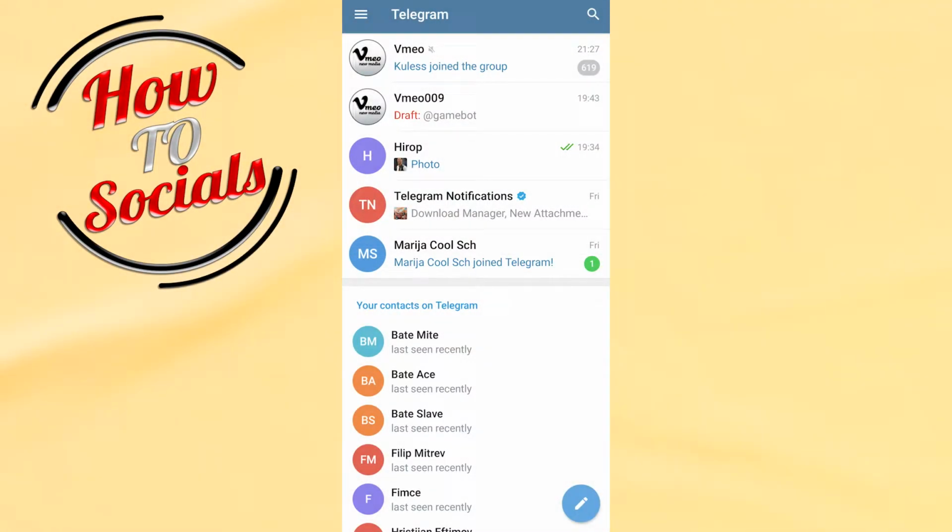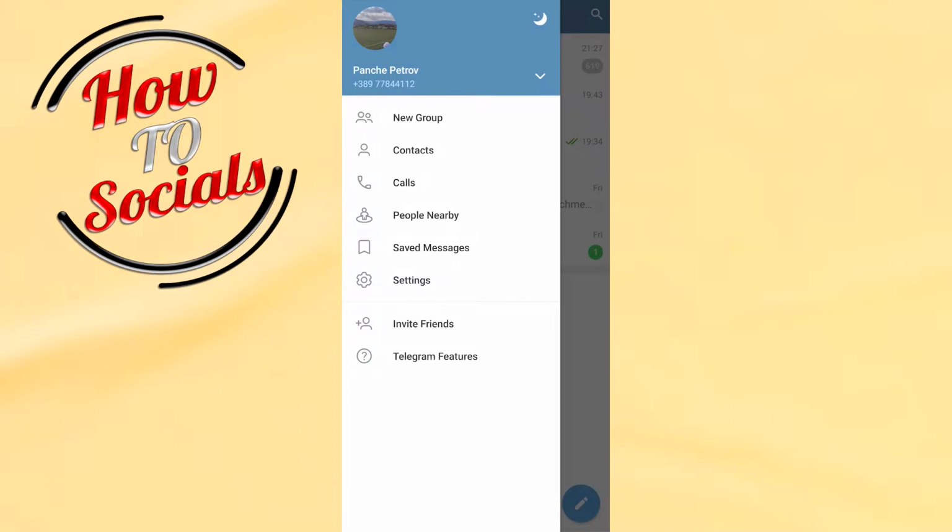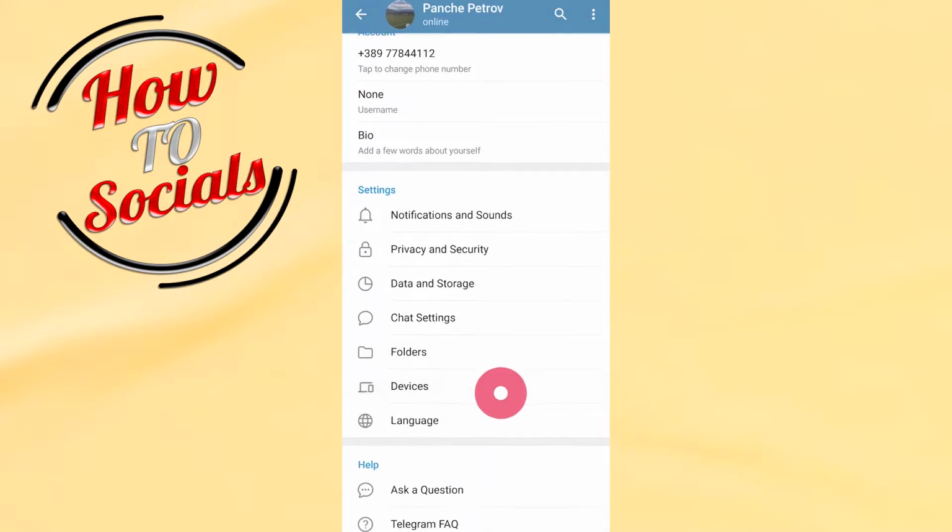Firstly guys, you need to open your Telegram application and then open up the menu on the left upper side by clicking on the three dots icon. Then you need to select the settings. After that you need to scroll down and look for the chat section that says chat